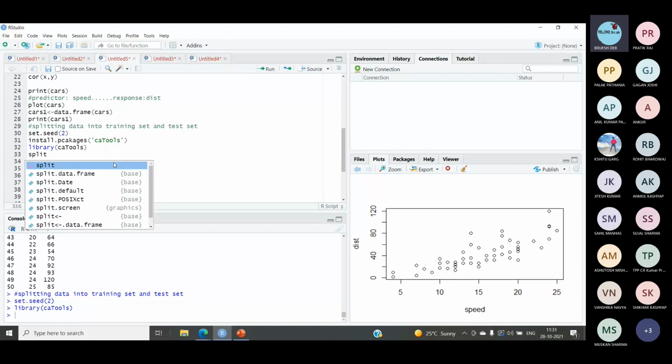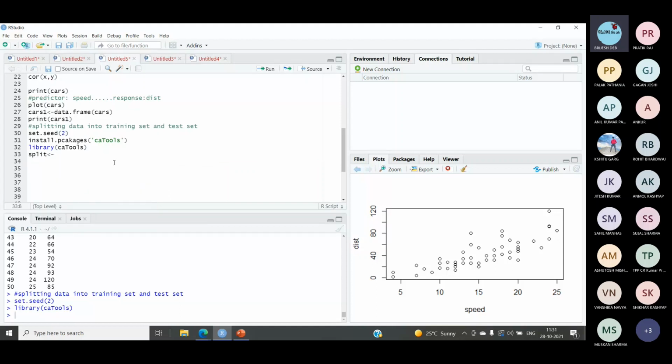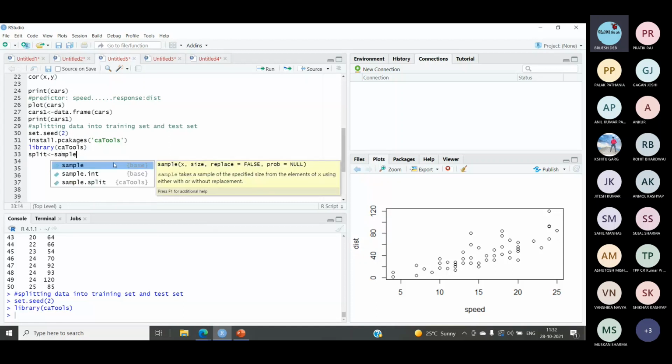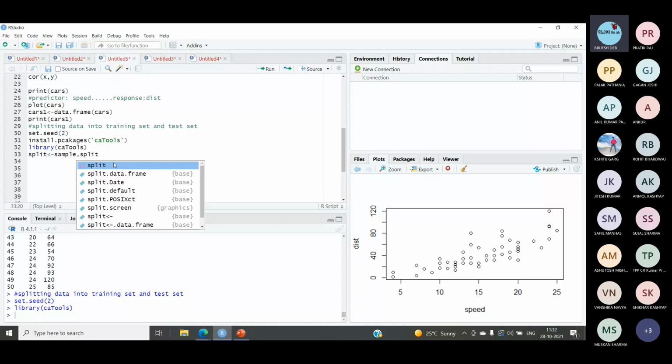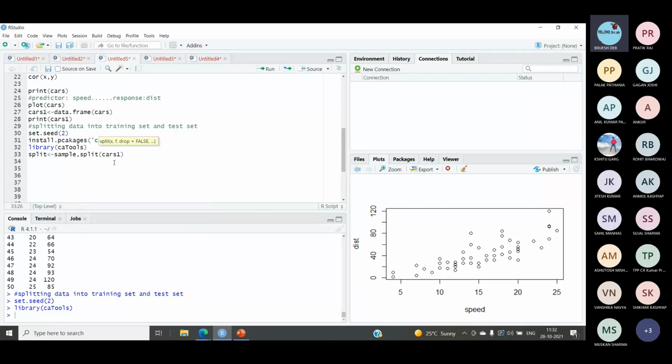For creating the split, I am creating a split vector. I will write split over here, then I will use sample.split. Now I want to split cars1, so I will specify the name. After that, I have to specify the split ratio.